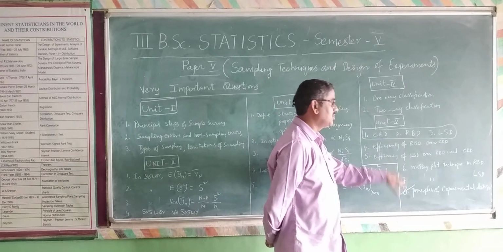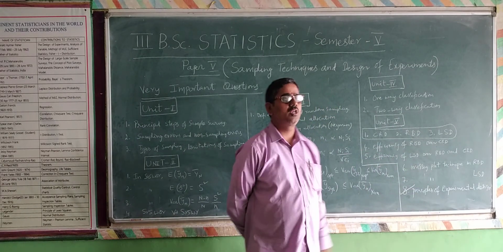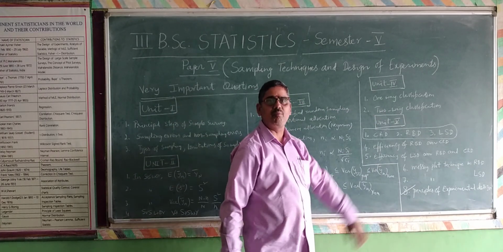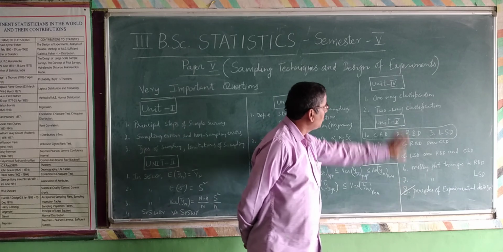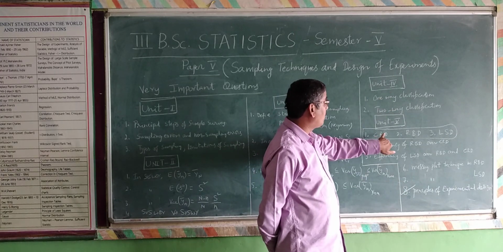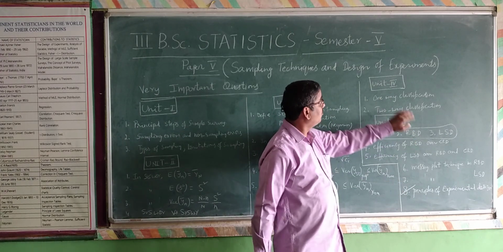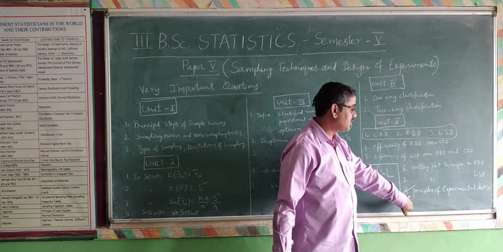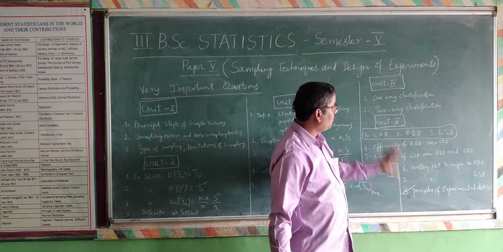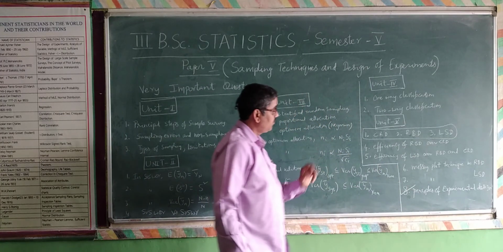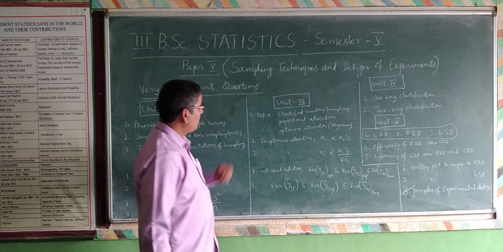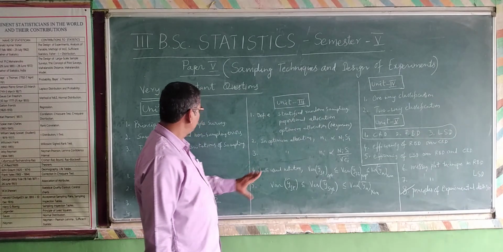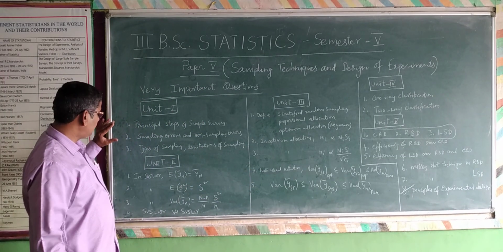So you read 4 questions in this unit, and 2 questions in Unit 4. This is another simple unit. If you read these 2 questions, they will be helpful for CRD and RBD. So read these 2 questions, and CRD, RBD, then LSD, and then principles of experimental design, which is enough to write 2 questions in Unit 4 and Unit 5. In Unit 3, you must read the 4th and 5th questions. And then come to Unit 2.